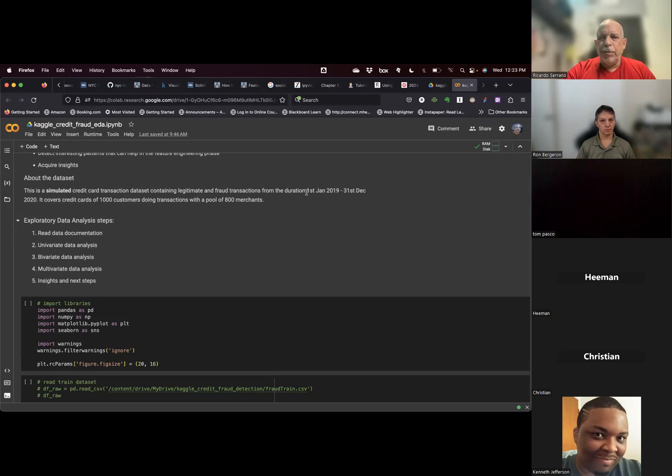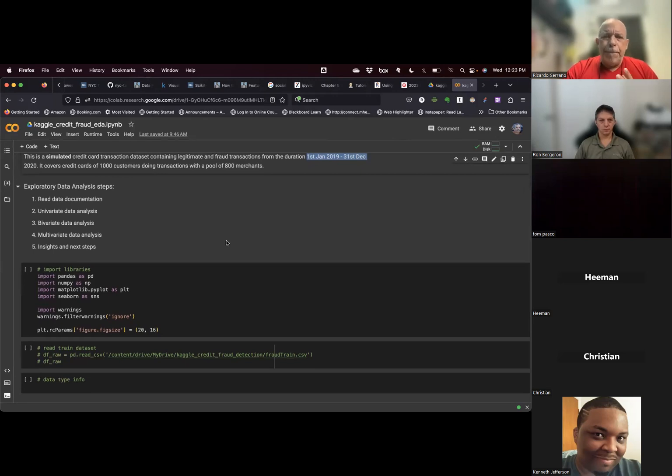The duration of the transactions is from January 1st, 2019 to December 31st, 2020. So we have basically 2 years of credit card transactions. We have around 1,000 customers with a pool of 800 merchants. All right. So read the documentation first, then we have to see what is the composition of the distribution or